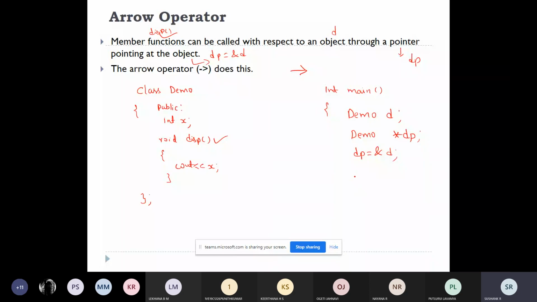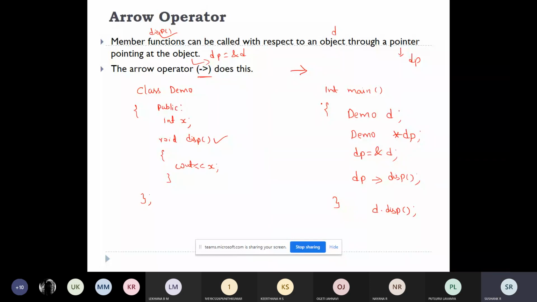After that, you can access this display function through the arrow operator: dp, the arrow operator, the function name. That's all. This is how you access the member function. See, this is the same as d dot display.